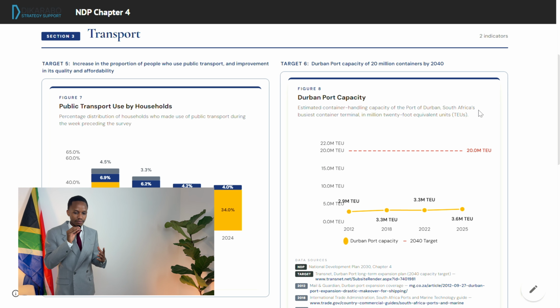Again, not a good statistic, which speaks to the stifling effect that our economic infrastructure has on the ability of our economy to expand. If we scroll slightly down to the bottom of the dashboard, we get to section 4, which shows the one goal that we've looked into related to the information and communications infrastructure category.